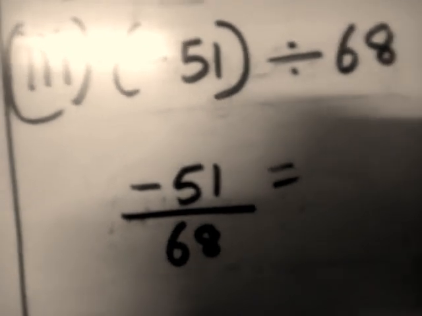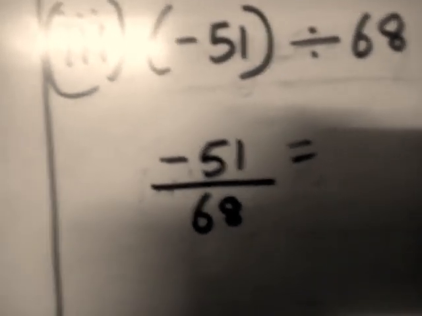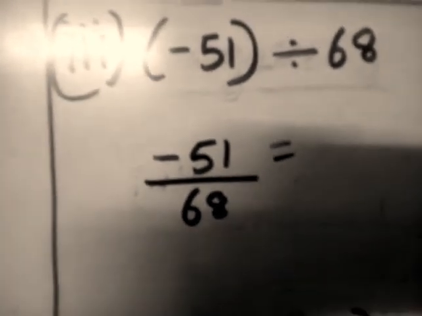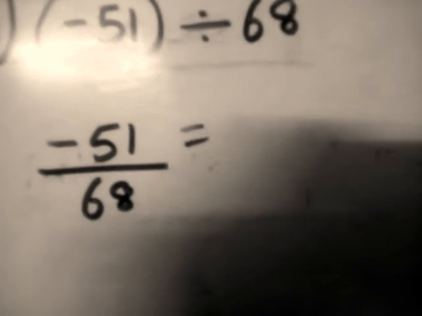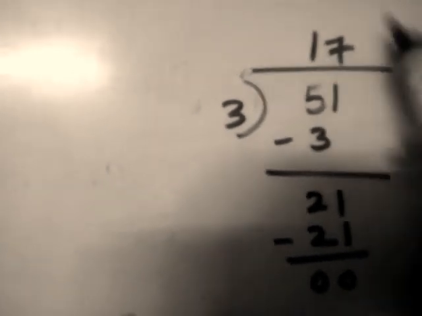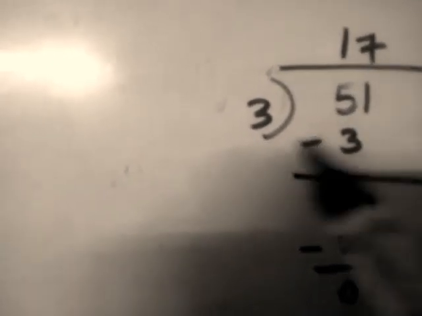Minus 51 upon 68. Numerator, which number is there? Minus 51. Numerator having which sign? Negative sign. So 51 is not divisible by 2. You have to divide by 3. Whether it is divisible by 3, you have to check that. 51 divided by 3. 3 ones are 3. 3 sevens are 21. So 51 is going by the 17 table, because I got quotient 17 here. So it is divisible by 17 and 3.